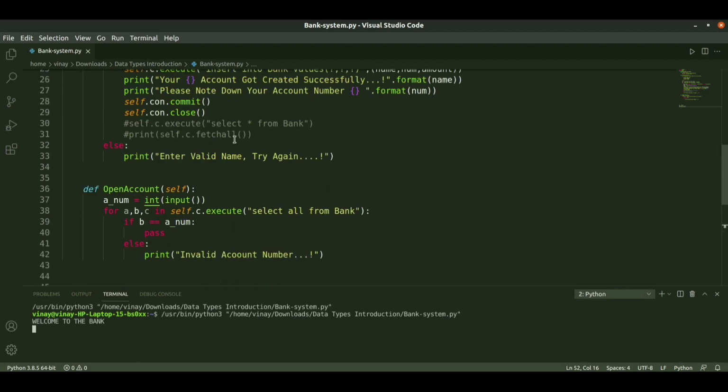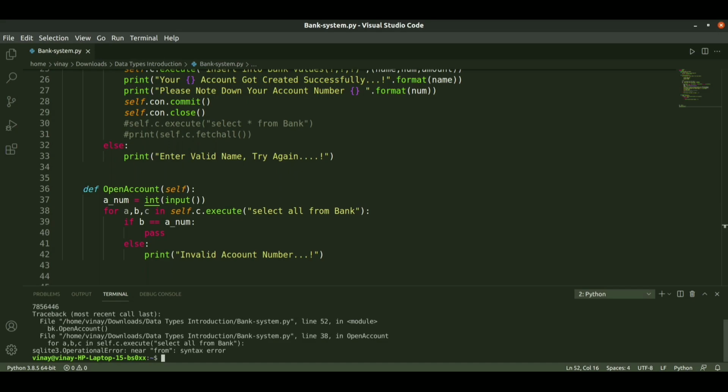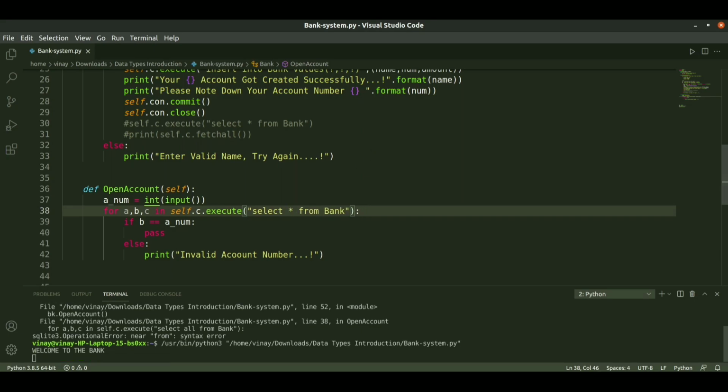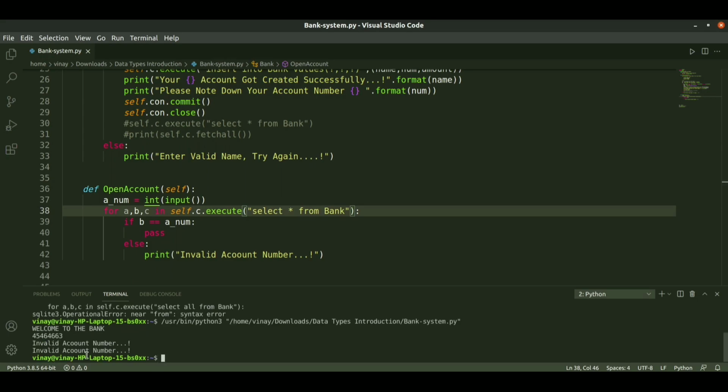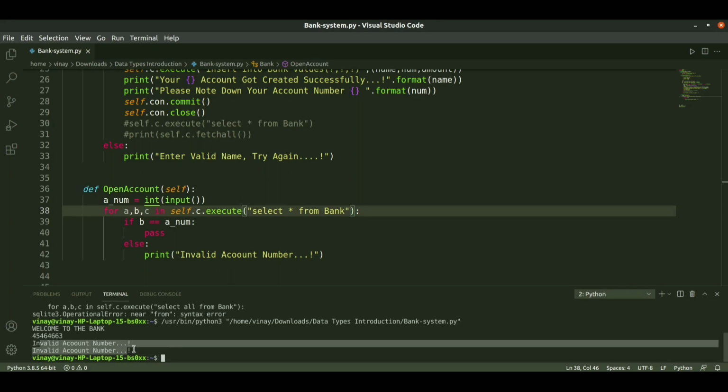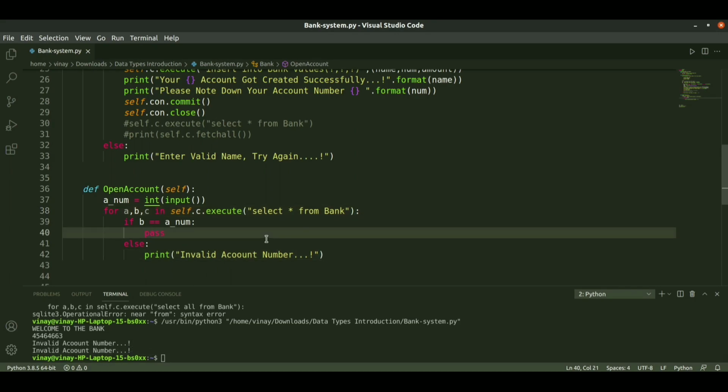If we enter a wrong account number, it gives a syntax error. Not this, select all, select star. Sorry. So when we run it and enter a wrong account number, it displays invalid account number two times. For this we need to take that flag value.